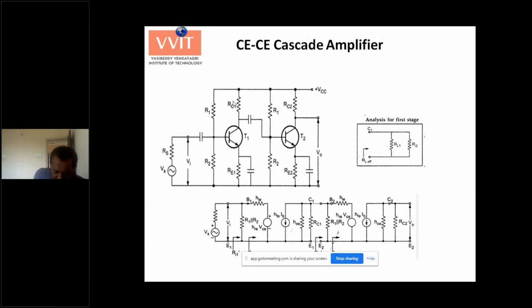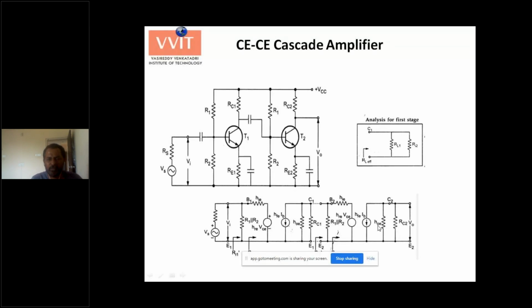Meanwhile, I must say something. At times, one can go for exact analysis, one can go for approximate analysis. When can approximate analysis be performed? In simple terms, as long as load resistance is less than 4 kilo ohms. Approximate analysis is rather simple when compared to exact analysis.